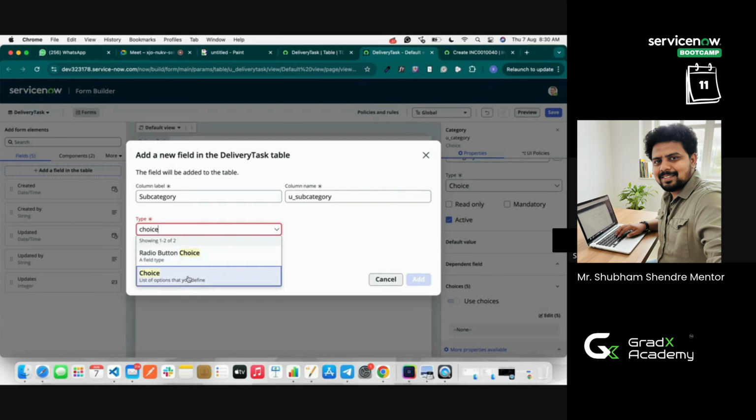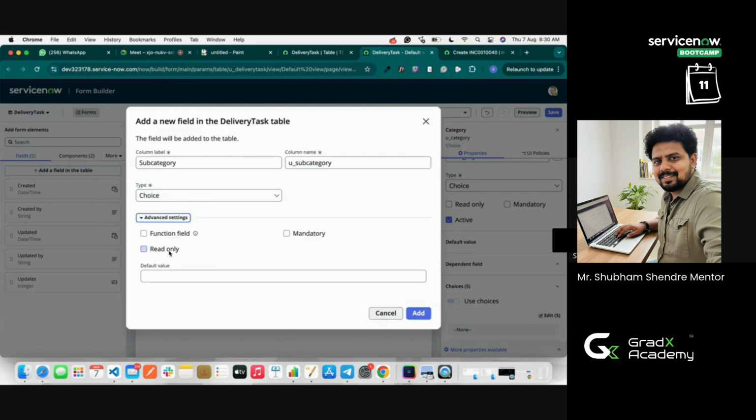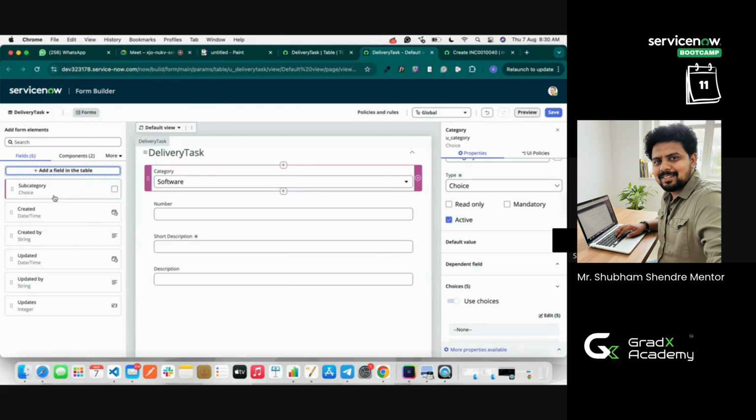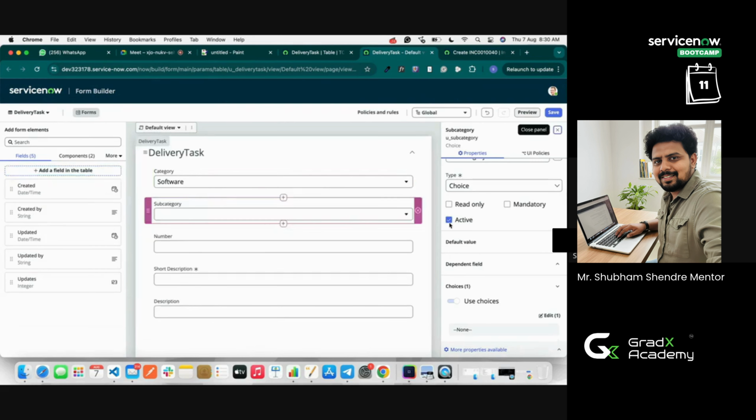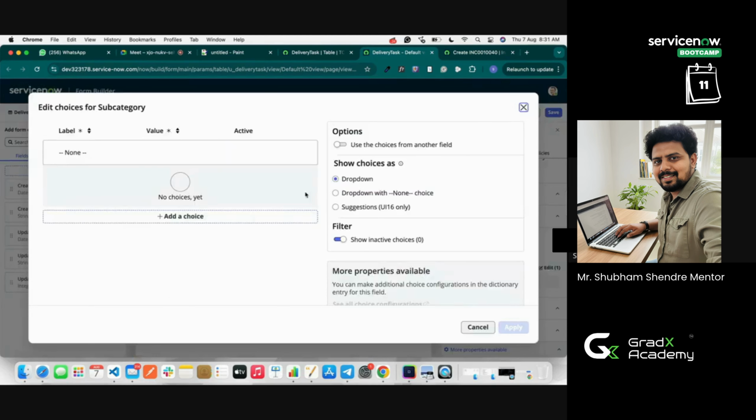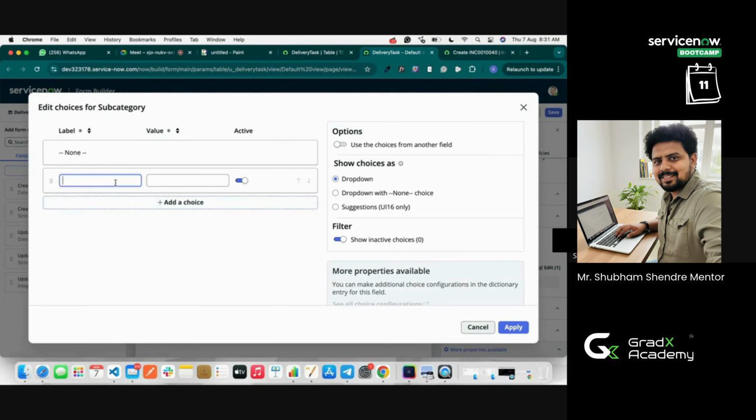So I'll add the choice. Perfect. I'll go to advanced settings. From advanced settings, I can make this field mandatory, read only, etc. I'll click on add. I have added it. This is a subcategory. Now on the subcategory, we have choices. I'll edit the choice. If you can see, u_subcategory. What are the choices I have in the subcategory? I'll create some choices, for example, email,